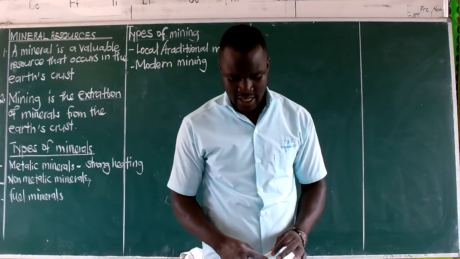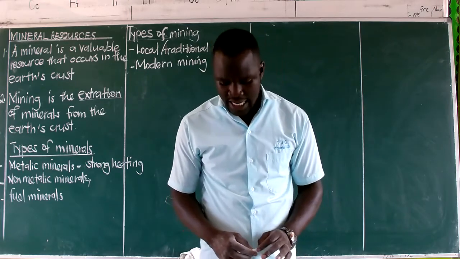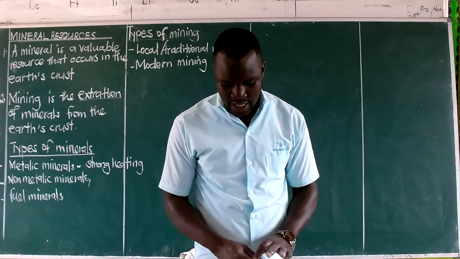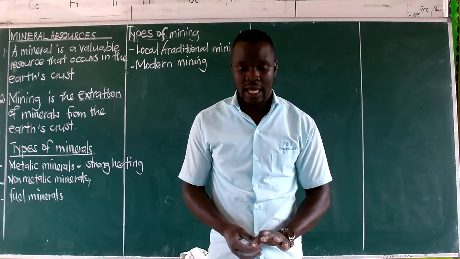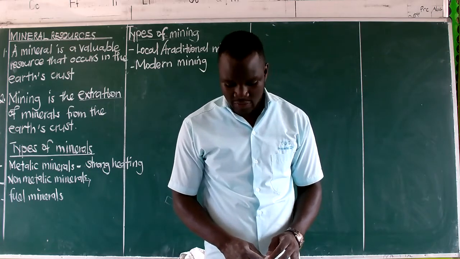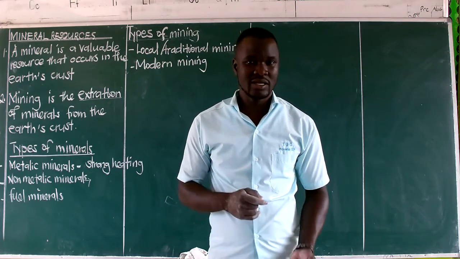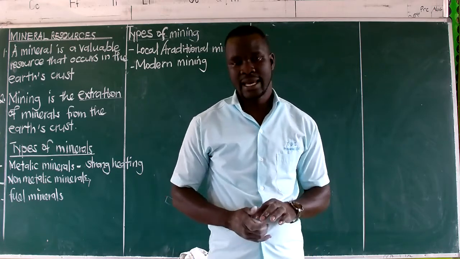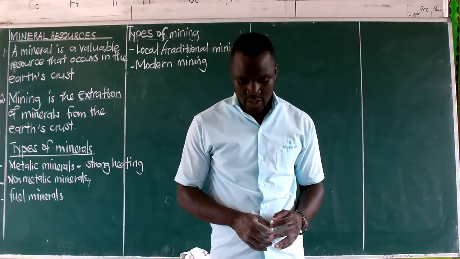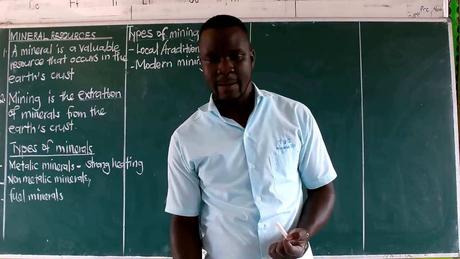Coming to modern methods, on that very page 61, it gives us the methods for minerals which are found deep underground. For example, we have what we call the deep shaft method, or sometimes we call it the underground method. You'll find that this is the one whereby the minerals are extracted deep underground through the construction of shafts down there, and then they will be able to get the minerals.